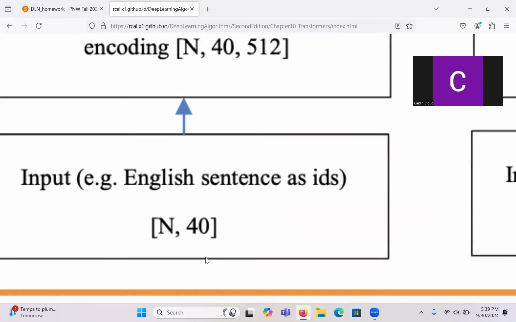The other thing is, with something like an RNN, the sequences were variable length, right? But in a transformer, because we're using GPUs and things like that, we need to have buffers of a fixed size. That's really critical. It's almost like in CNNs, as we will see later on, where the images are always 226 by 226 or something like that. It's a similar idea with transformers. My numbers are based on the original paper. They started with sentences of size 40, let's say. Do you guys see that?